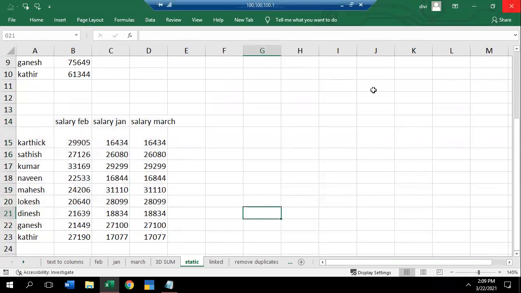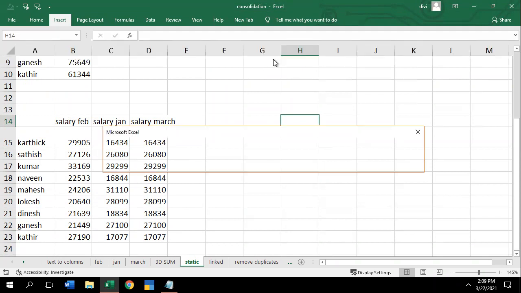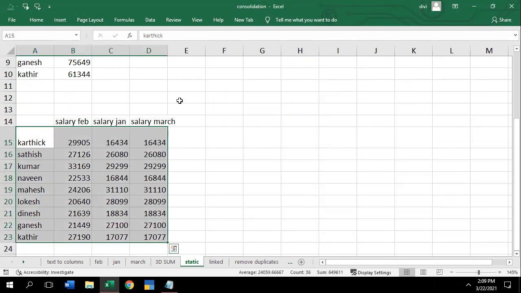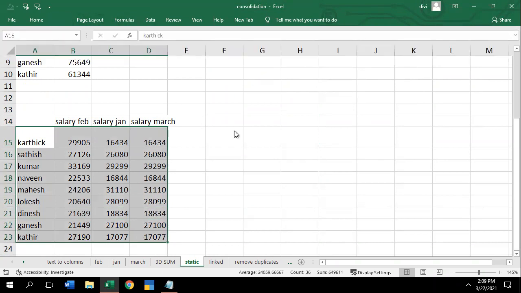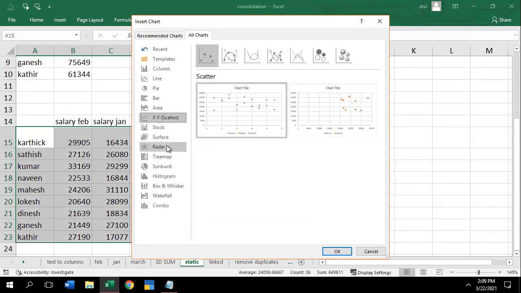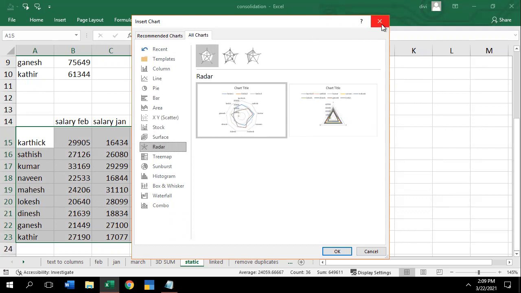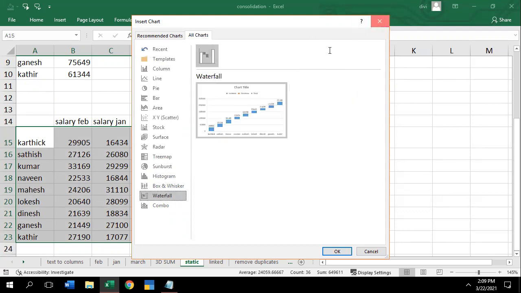Okay. And also I explained in the last class, in the Insert tab, I gave the sparklines. In sparklines we have 3 kinds. Even though we have charts, in charts we have column chart, line chart. And these charts will be explained briefly in the next 5 sessions. Okay. So in any one of the sessions, I'll explain in brief, that is the speedometer chart and other kinds of charts we have. I'll explain it later.